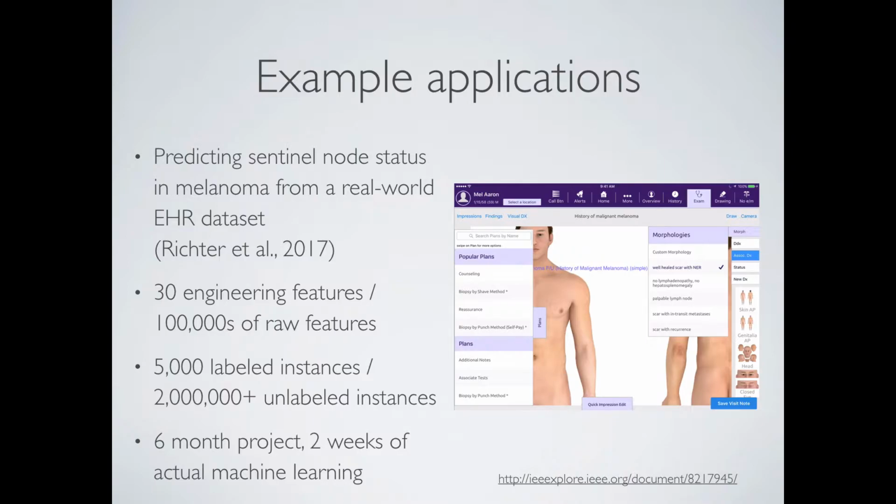It's a real-world system. So I had to use 5,000 labeled instances and 30 engineered features, when I could have somehow used 2+ million unlabeled instances, meaning instances where I don't know the actual outcome. I don't know if the patient had a sentinel lymph node positive or negative. And then I had to use these manually curated features.